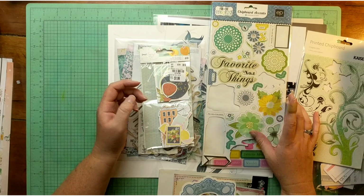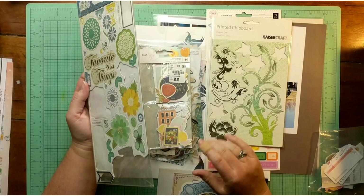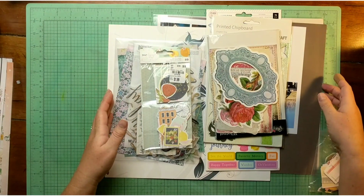I'm kind of still on the fence about this one. I think I'm going to pull this one out because I don't think that's going to work. And this one, I have no idea if it's going to work, and no idea on that one, but I'm going to put those in as well. Okay,